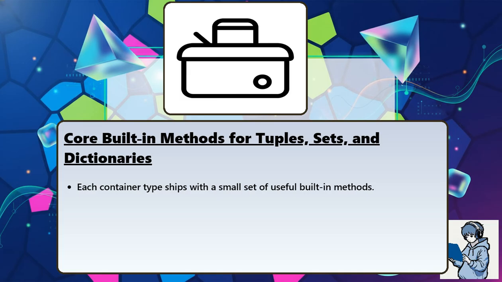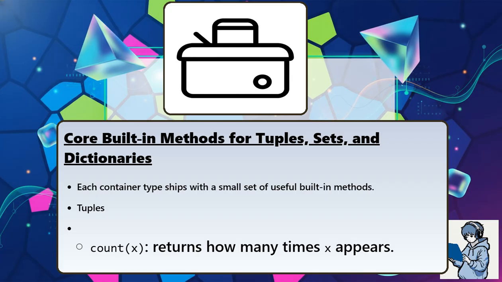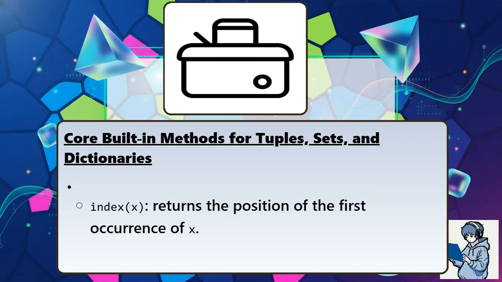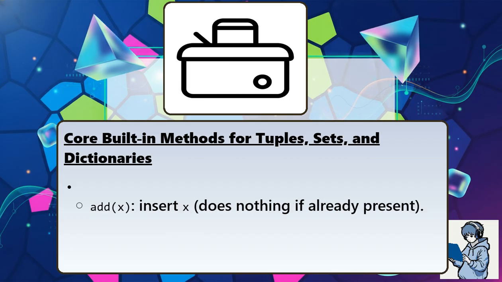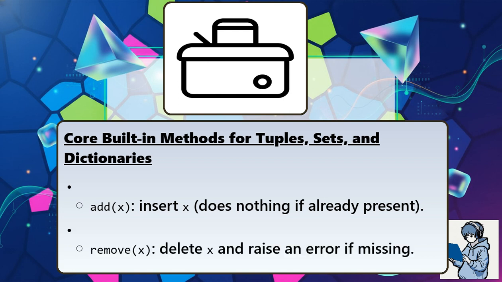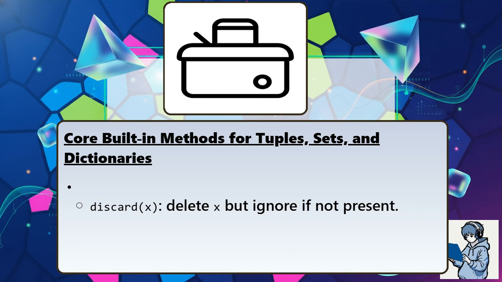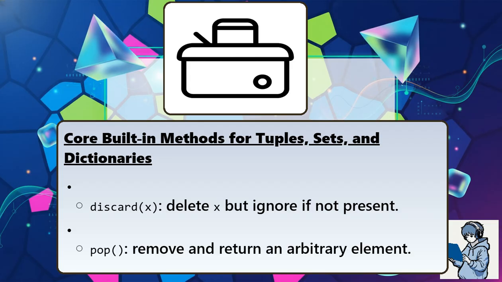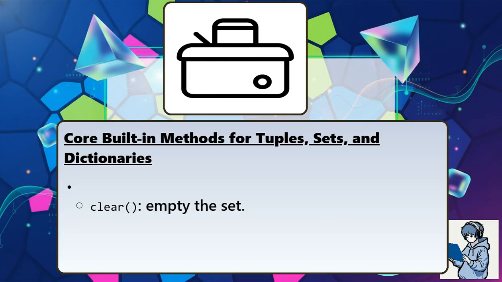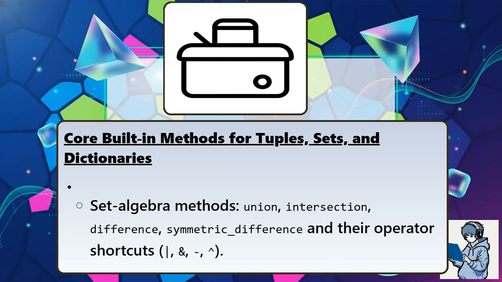Each container type ships with a small set of useful built-in methods. Tuples: count(x) returns how many times x appears. index(x) returns the position of the first occurrence of x. Sets: add(x) inserts x and does nothing if already present. remove(x) deletes x and raises an error if missing. discard(x) deletes x but ignores it if not present. pop() removes and returns an arbitrary element. clear() empties the set. Set algebra methods include union, intersection, difference, symmetric difference, and their operator shortcuts: pipe, ampersand, minus,